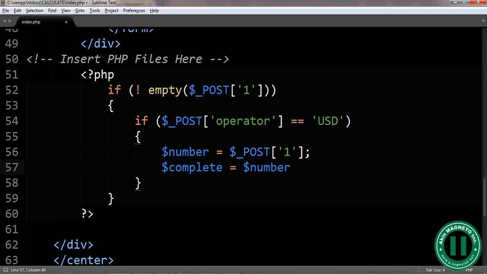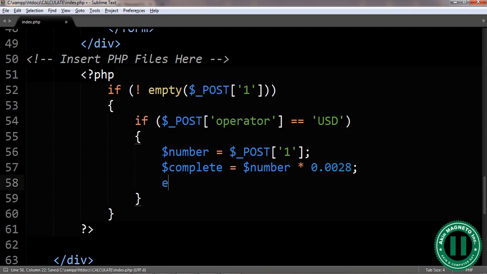Number, now this is where we have to multiply by 0.0028. Yeah, am I correct? I think so, I'm correct. Yeah, a semicolon. Now once that works, echo,